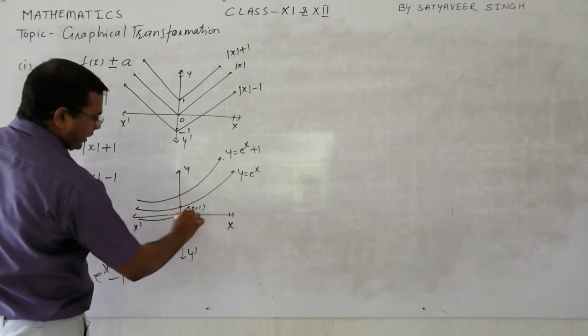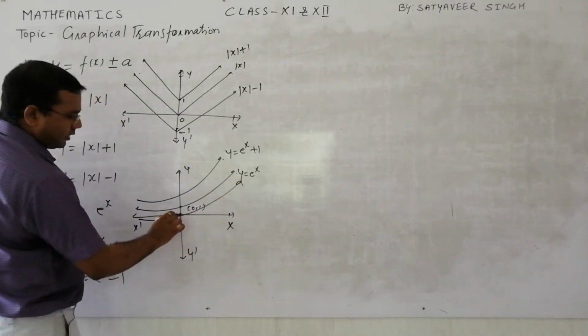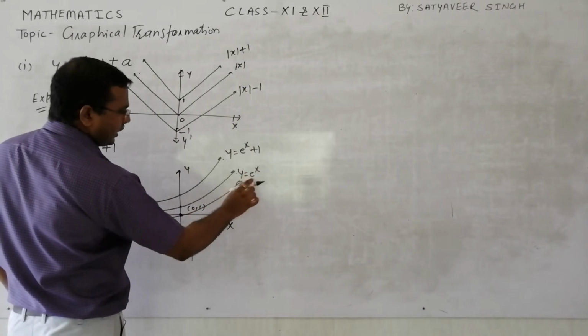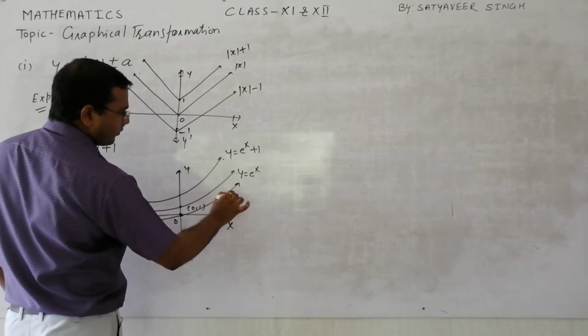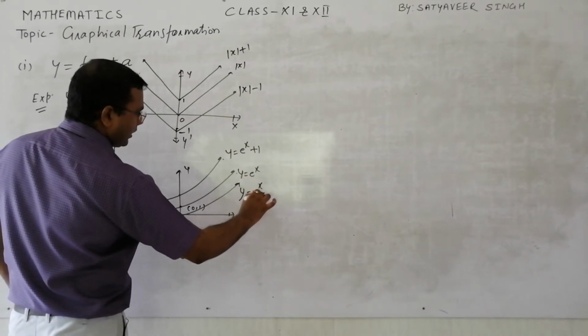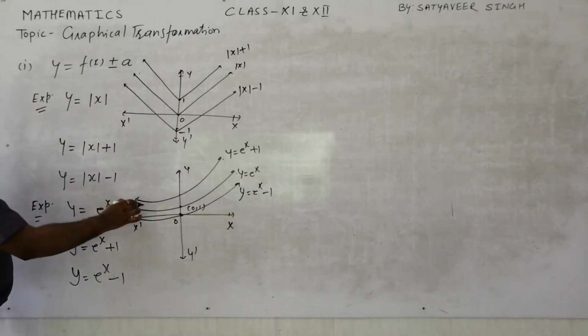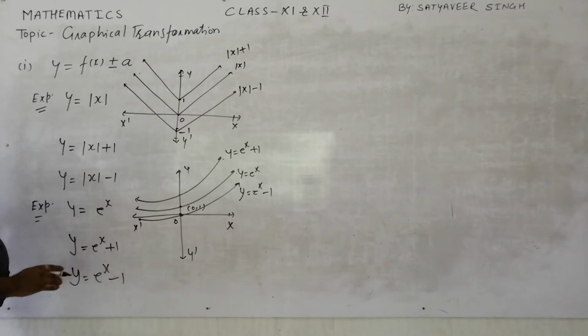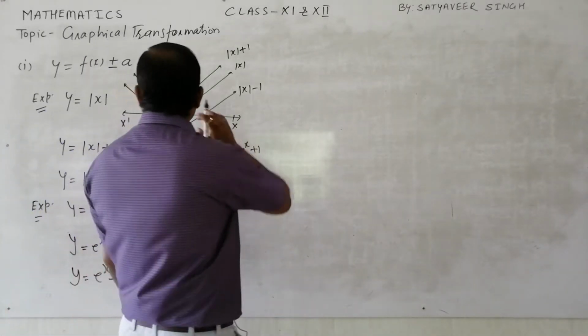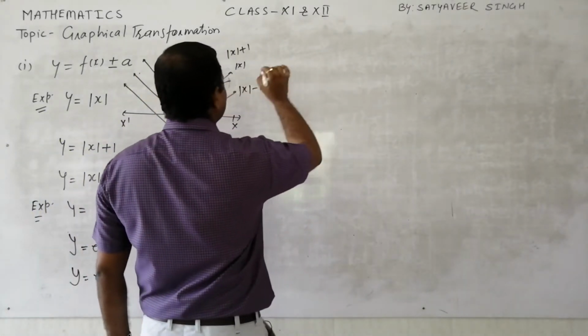This graph passes through the origin, and we can say this is the graph y is equal to e raised to x minus 1. It is a very useful concept, because quickly we at least have some graphical idea about the function with the help of this knowledge. So let us see something further. This is one kind of transformation we have understood.